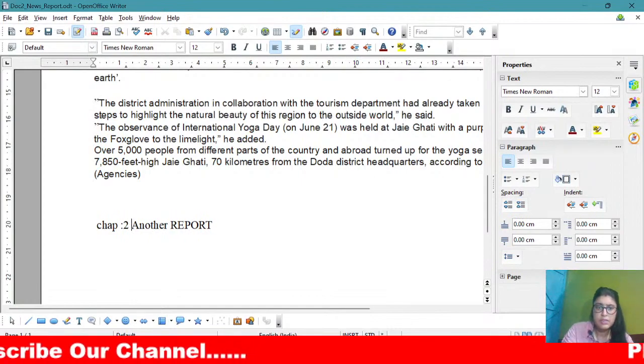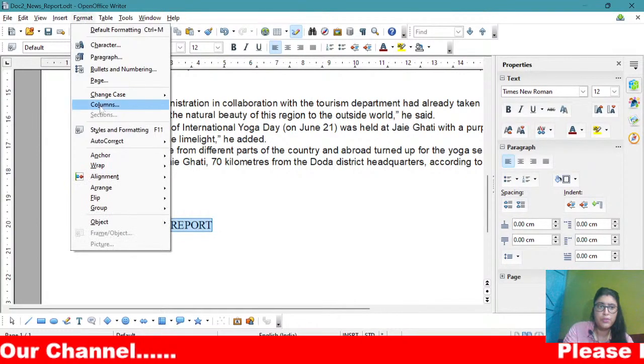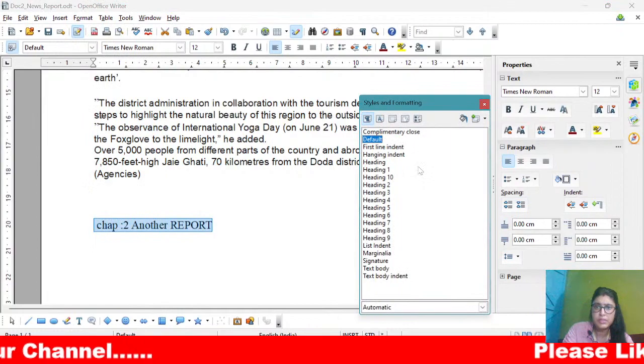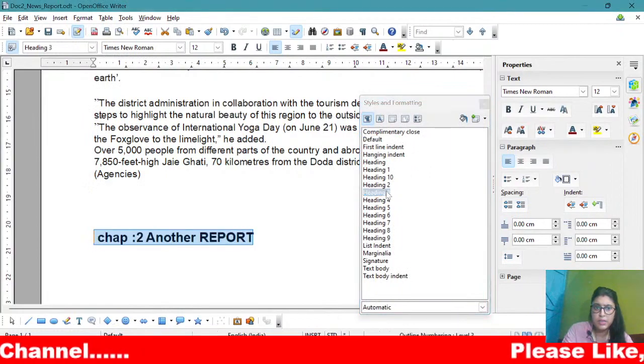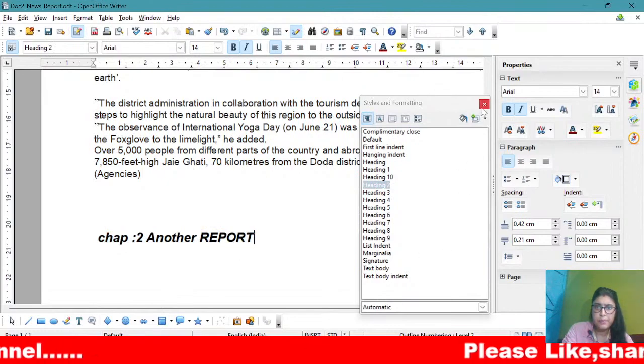Okay, like this, and I will make this heading 3. Let's go to the format option, styles and formatting, and let it be heading 3 or let it be heading 2. Okay, now